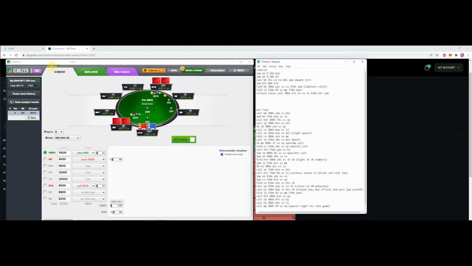It's also very affordable, and if you are a tournament player, you should absolutely be using this program. I don't think that these spots are necessarily very fun to study, and I do find them a bit tedious myself, but if you're going to play tournament poker, you really have to be at least somewhat competent when it comes to push-fold spots as well as calling off spots, and then you also need to have accurate charts